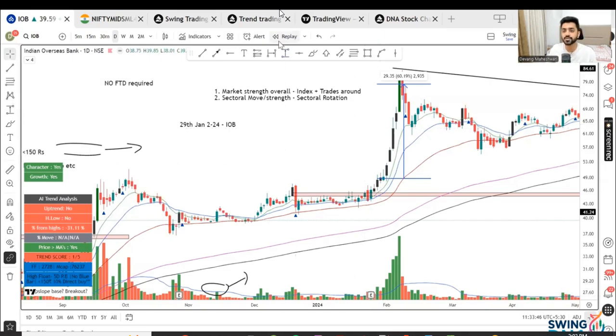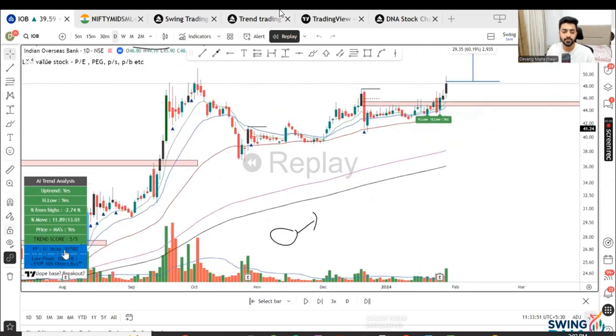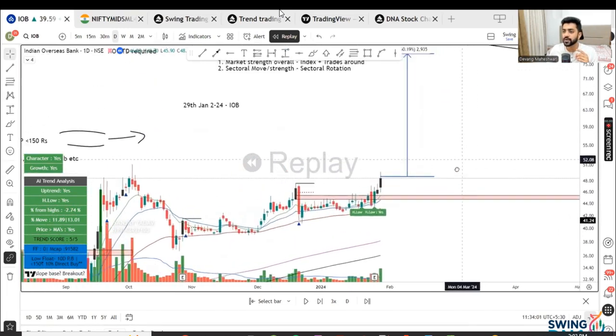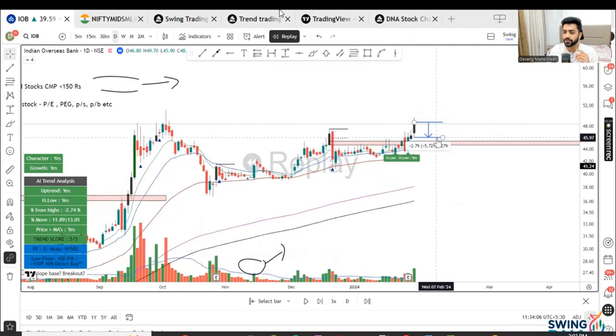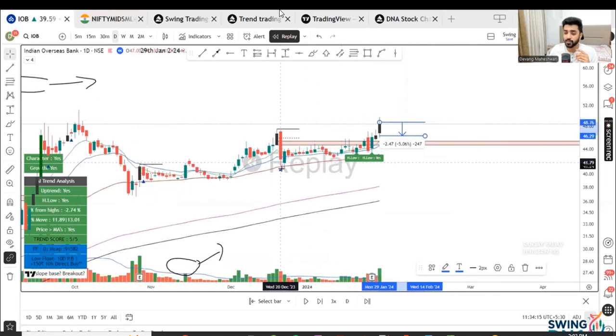Of course, all other conditions need to be fulfilled. Okay, so character, yes, growth, everything is yes. Now in this stock, when we are buying directly on breakout, we have to put a direct 5% stop loss, because there is no follow through to wait for. In that case, you will not see lines up here. Like here, after the follow through, after a pullback day, lines come, entry and stop loss. Here it will not come